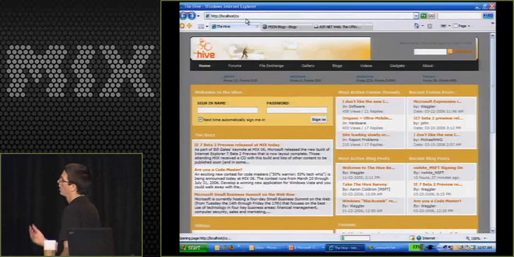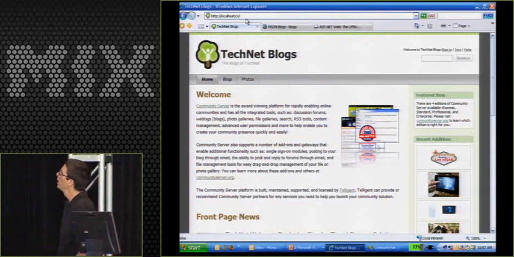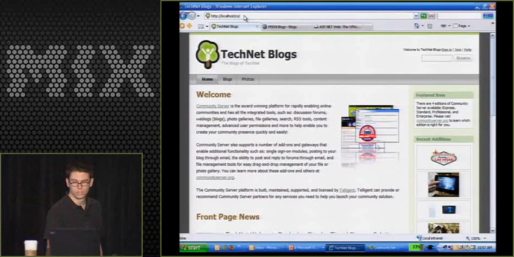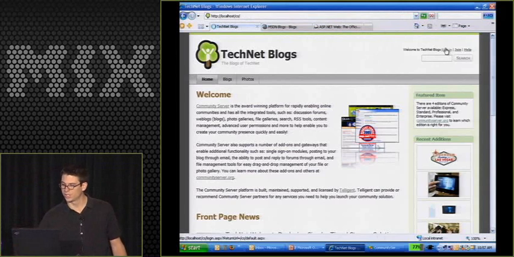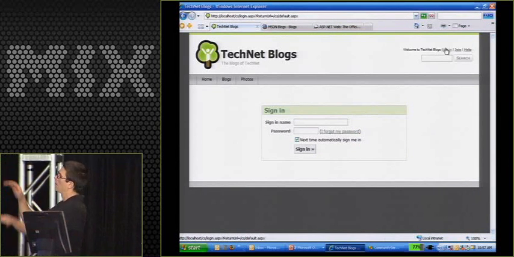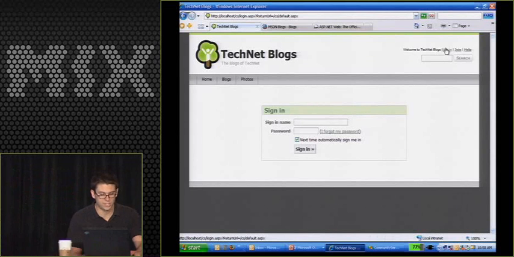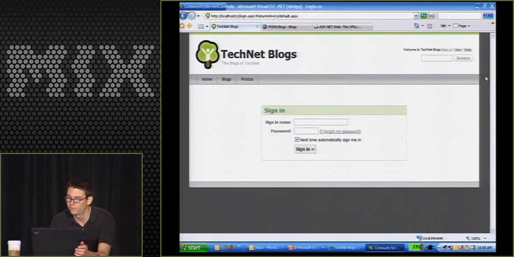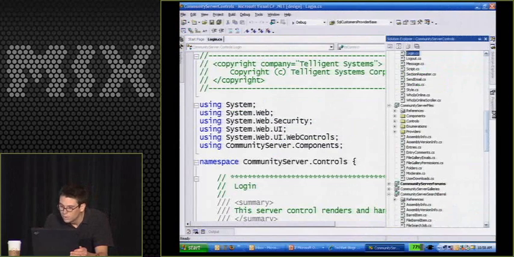From a design point of view, I'll go to localhost CS, and let's go to the sign-in page. So here's an example of the login page, and maybe I want to customize this. Maybe I want to change the layout of some of this information. So one of the nice things I can do is go into the app,